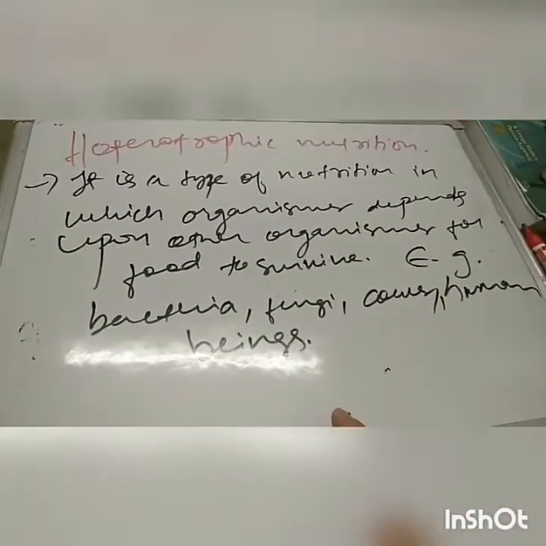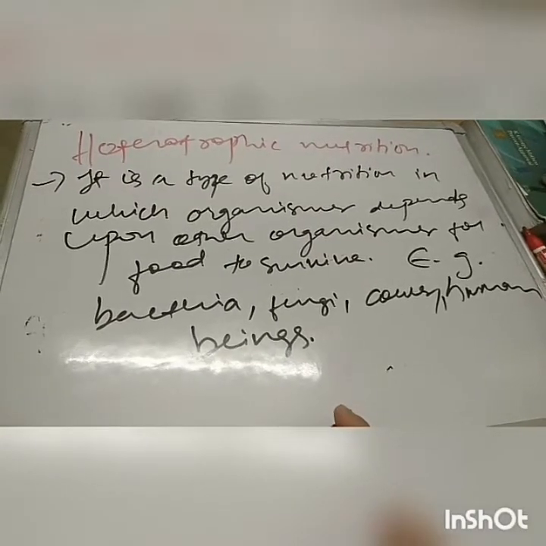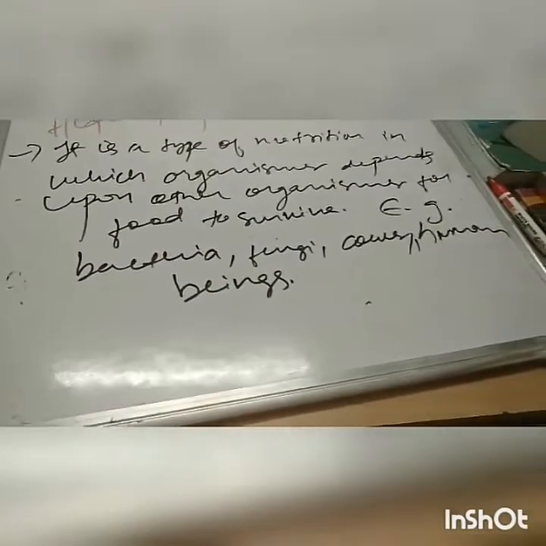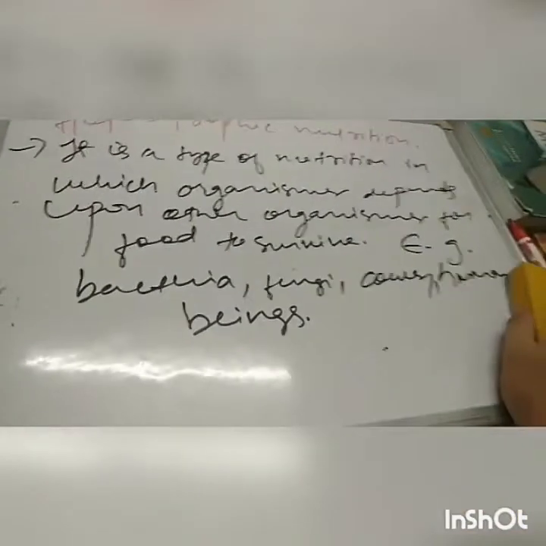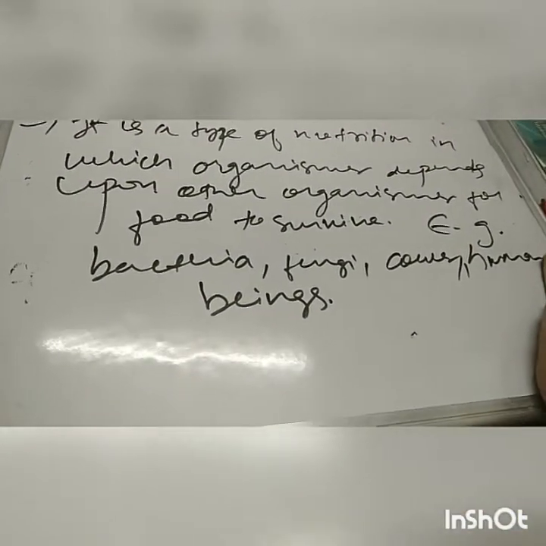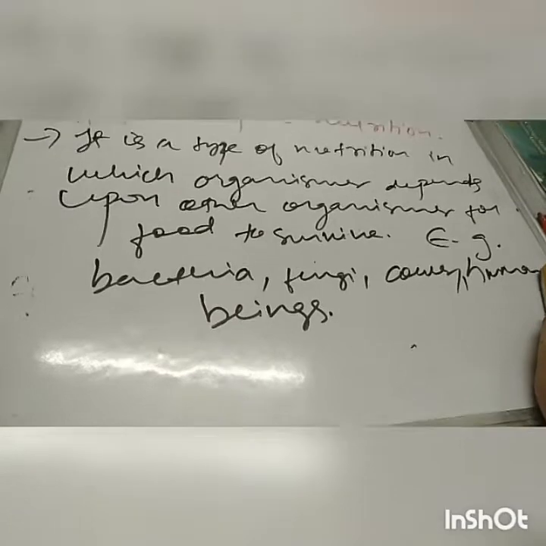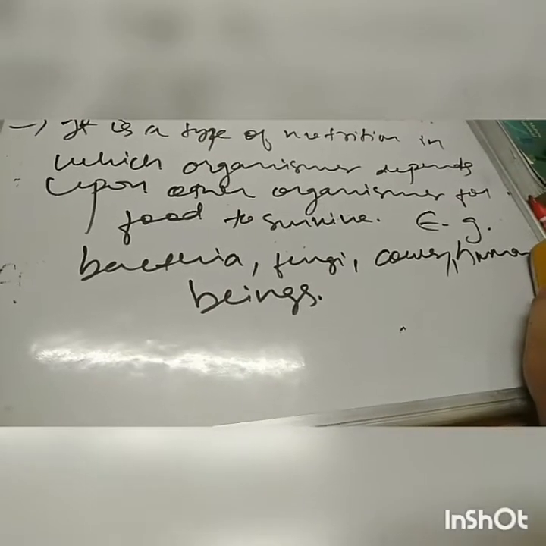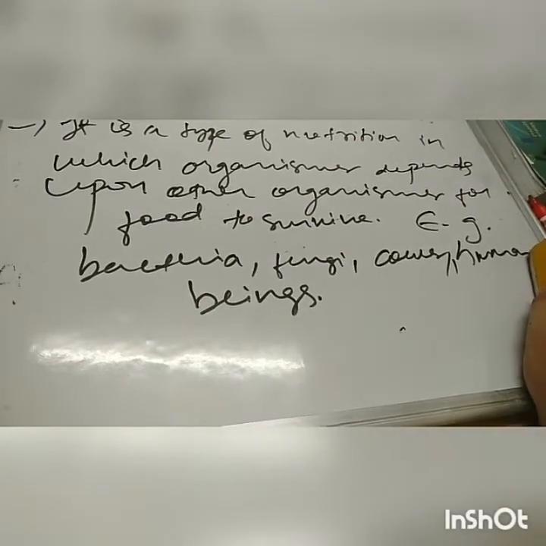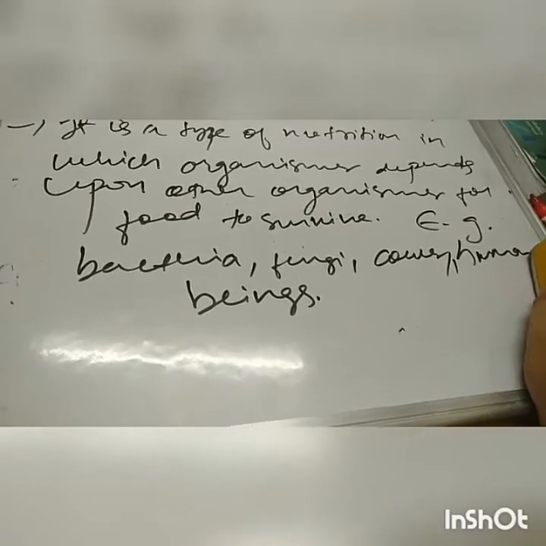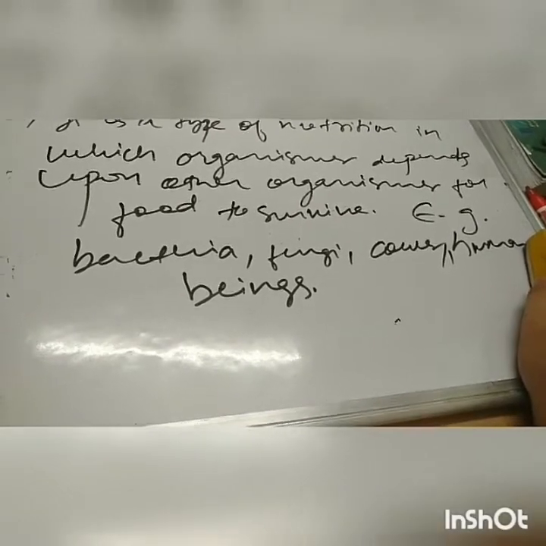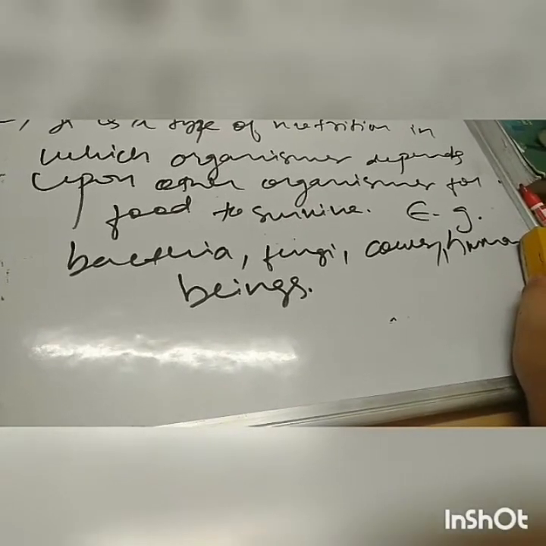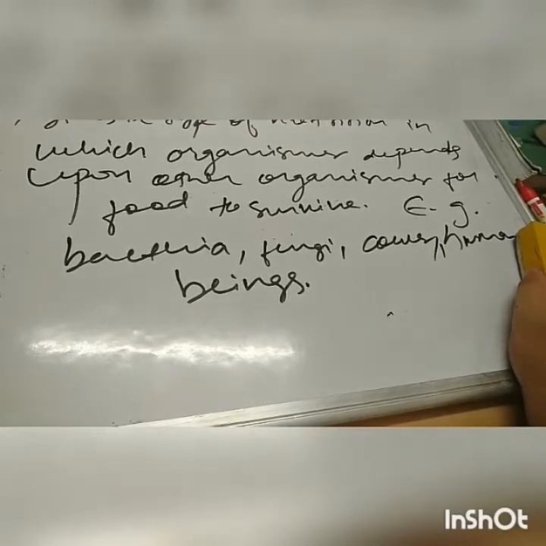It is a type of nutrition in which an organism depends upon other organisms for food to survive. Right? Examples are bacteria, fungi, cows, human beings. Heterotrophic means depending upon other organisms for food. Suppose we human beings, we do not make our own food like plants do. You know, the green plants which are autotrophic, they make their own food, and that's how they grow, that's how they bear fruits. But we human beings,